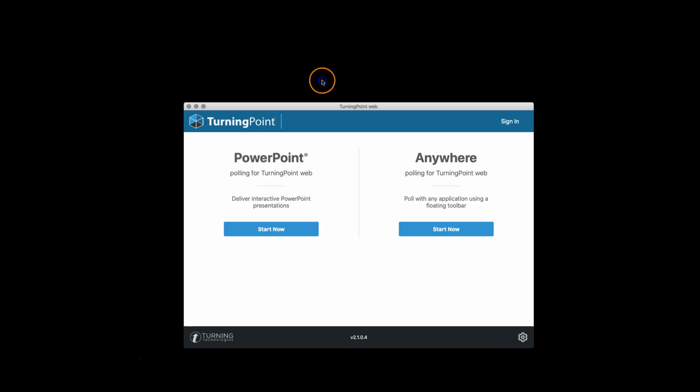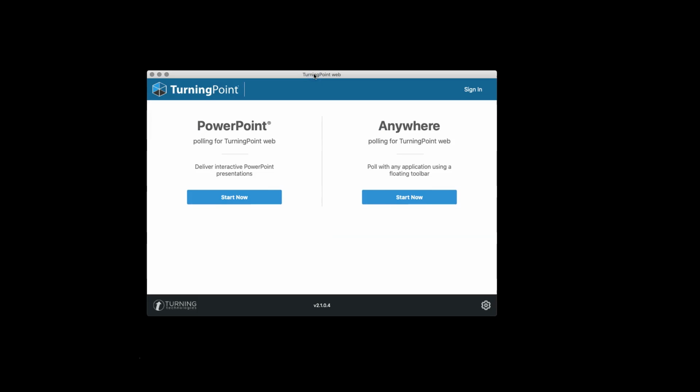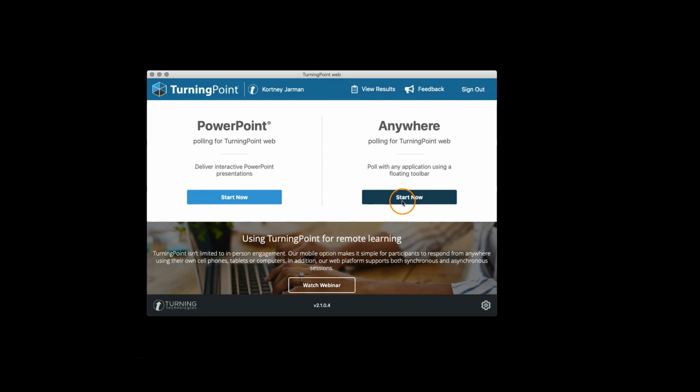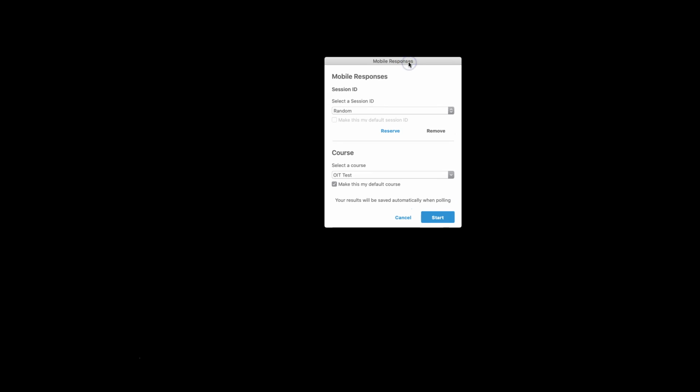So our second option within TurningPointWEB is our anywhere polling. As you can see, it took a second, it logged me in. So our second option for TurningPointWEB is anywhere polling. So we can click Start Now on Anywhere Polling, and it's going to automatically prompt us for our session ID,